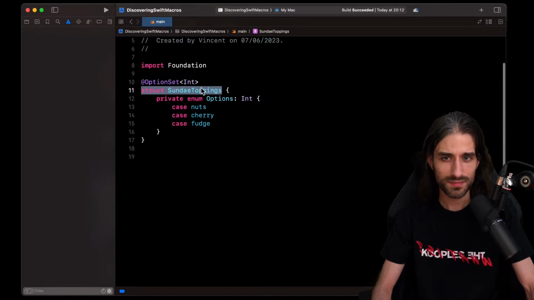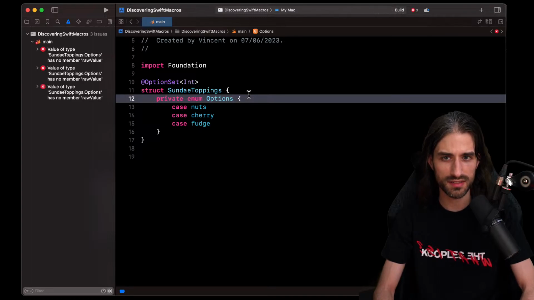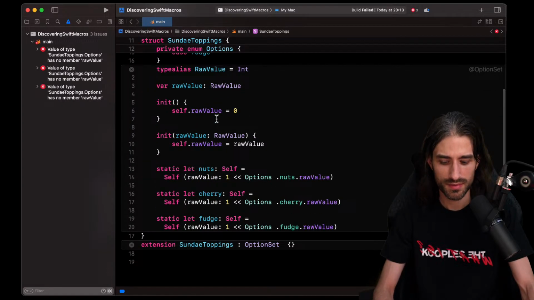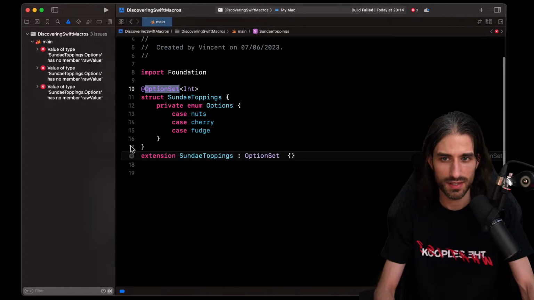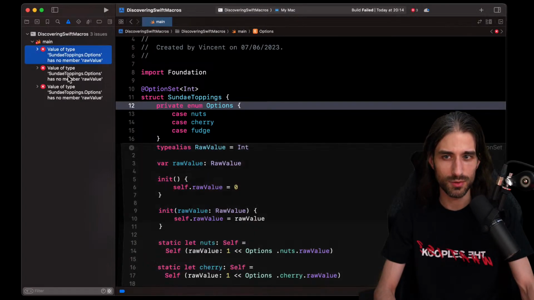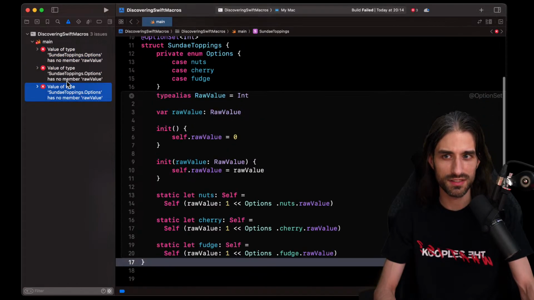Okay. And what happens if here I put something different, like if I get rid of int, for instance? Interestingly, if I get rid of int, you can see that the errors are reported here, but they don't appear here. Do they appear if I expand the macro? No, they don't. So hopefully this will improve, because here you still get the error, but you see it's not that easy to understand.